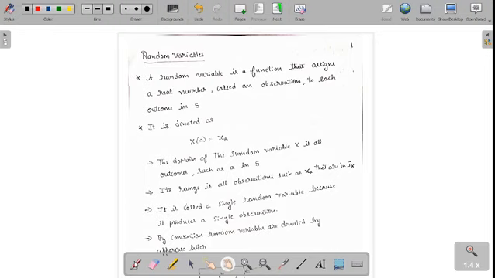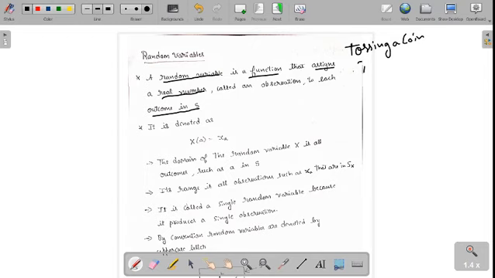Random variables. So the definition of the random variables. I already explained this. A random variable is a function that assigns a real number, called an observation, to each outcome in S. So what does a random variable do? It assigns a real number called an observation to each outcome in S. We have taken the example of tossing a coin, right? So when we toss a coin,